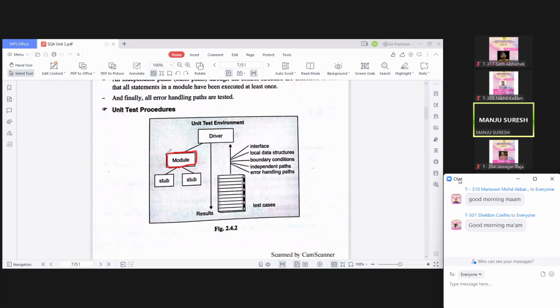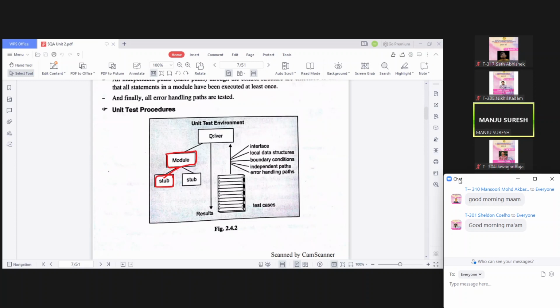Okay, my other modules are still in the process of developing. I have not completed my other components. So I want to test this module. If I want to test this module with the lower component modules which are not ready, what we will do is create a dummy component which is not fully developed. Okay, and we call it a stub. अगर lower components हैं तो उसको हम stub बोलेंगे and it is not completely ready, it is dummy. And with the help of the stub, we will check whether my module is working properly or not.